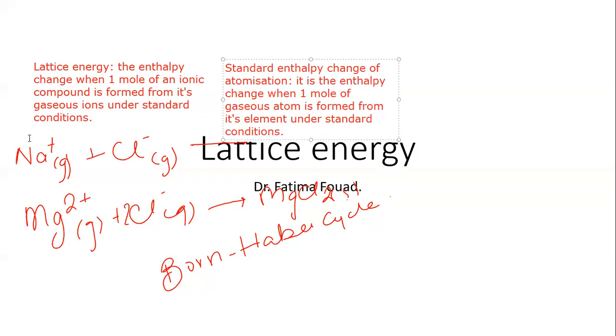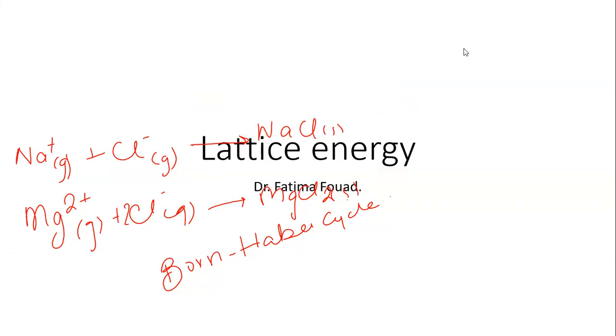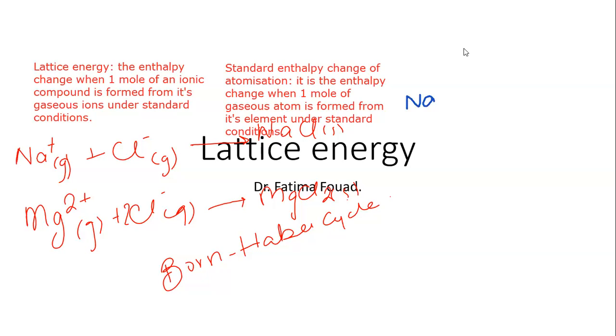Let's say I want to calculate the lattice energy for NaCl. To do that, I will first have to turn my sodium from a solid into a gas, because the standard state for sodium is solid. It's a metal. It is solid. I need to turn that solid sodium into gaseous sodium. So one of the first reactions I will have to do is turn my solid sodium into